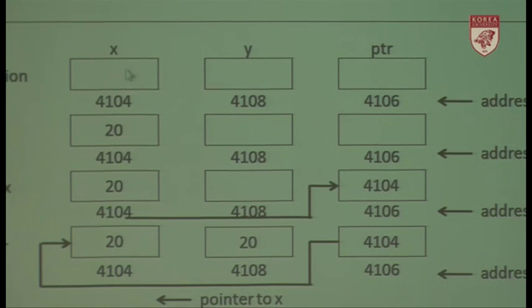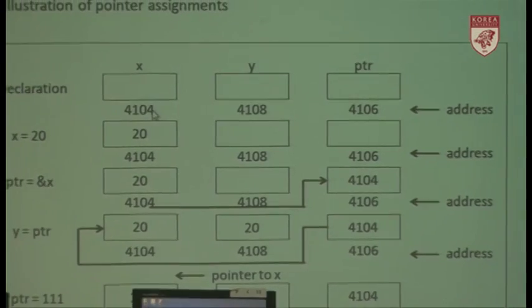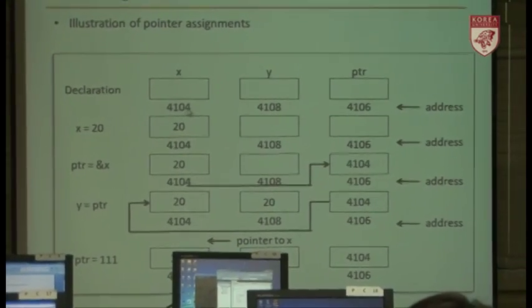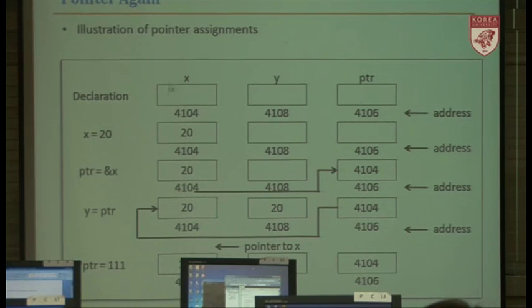So the relationship is like that. When we declare x and y and ptr, they have their own memory address, like 4104, 4108, 4106, something like that. But the value of the memory is empty, or filled with some garbage. Then when we say x equal 20,